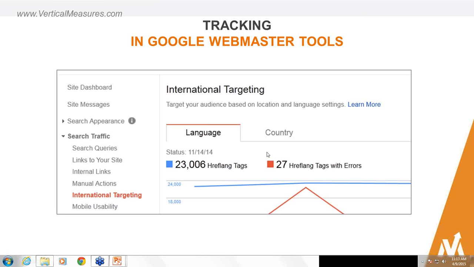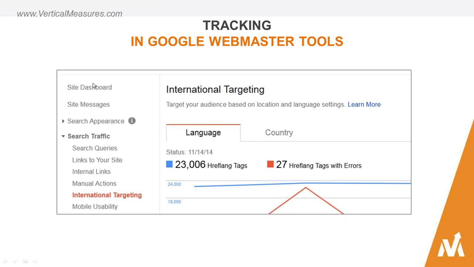So this is a great one. This report in Google Webmaster Tools allows you to track the number of pages that have Hreflang tags present. It'll also highlight the pages with errors. So it's great that they have made this push. Let's move on to the next slide.